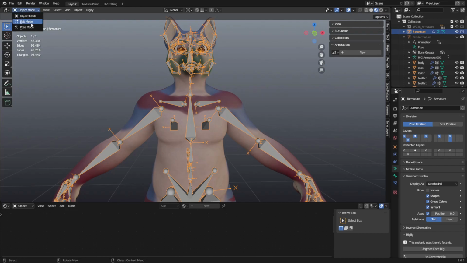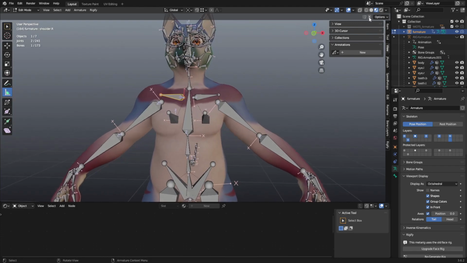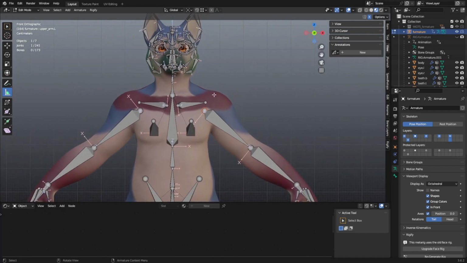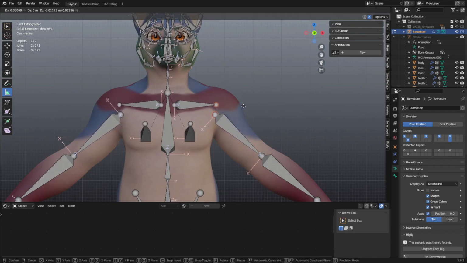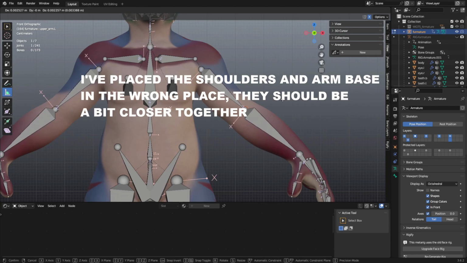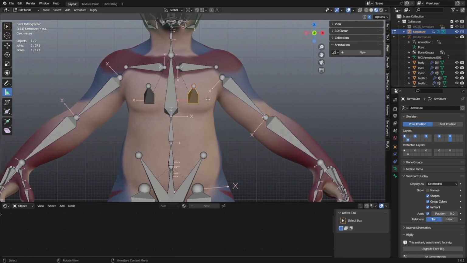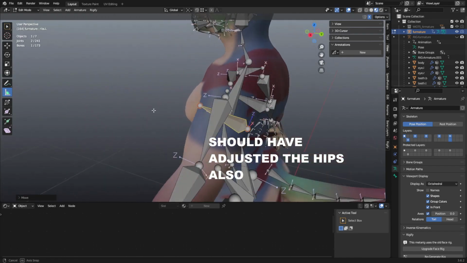With this selected, you want to go into edit mode, and with X mirror enabled, you can go into like a front view, and change the bones so they match your body better. So you do something like this. You might need to do some iterations of this, but I'm sure you'll be fine. So with this changed,